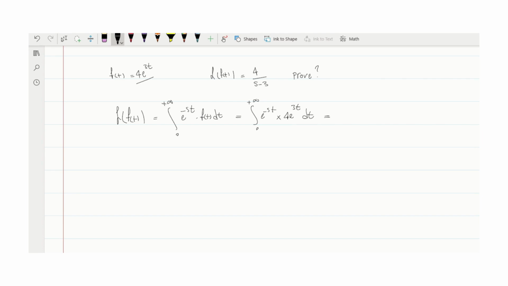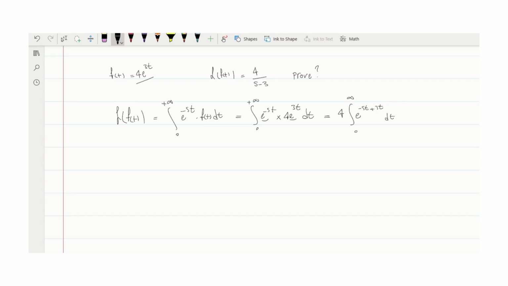Now, as you see in here, 4 is a constant number, so I can bring it out of the integral. And also, we will be left with e to the power of 3t and e to the power of minus st. These two exponential functions have the same base, so in order to multiply these terms, we're just going to add their powers. So it would be e to the power of minus st plus 3t dt, and the boundaries would be from